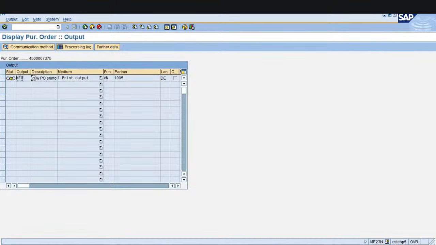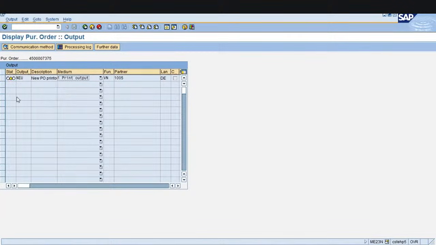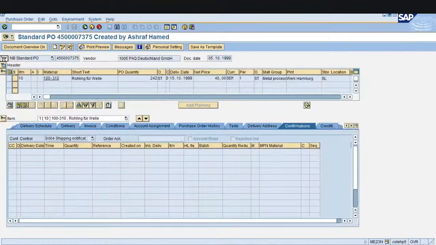Outbound IDOC we can see in the messages. Any EDI also comes through this IDOC only. And ALE: if you are sending from one SAP system to another SAP system, we use ALE. If you are sending from a non-SAP system to SAP, we use EDI. If it is an outbound IDOC, you can see it in your output messages process. If it is an inbound IDOC, if you go to service updates,